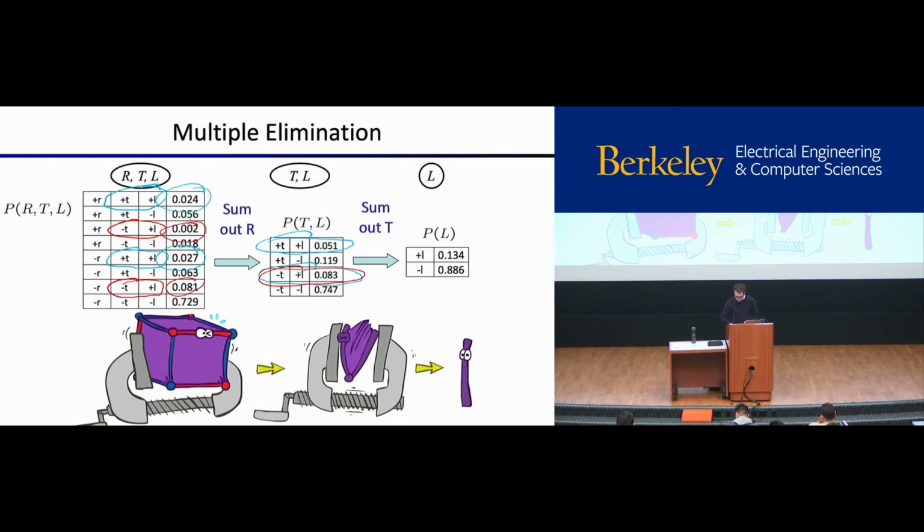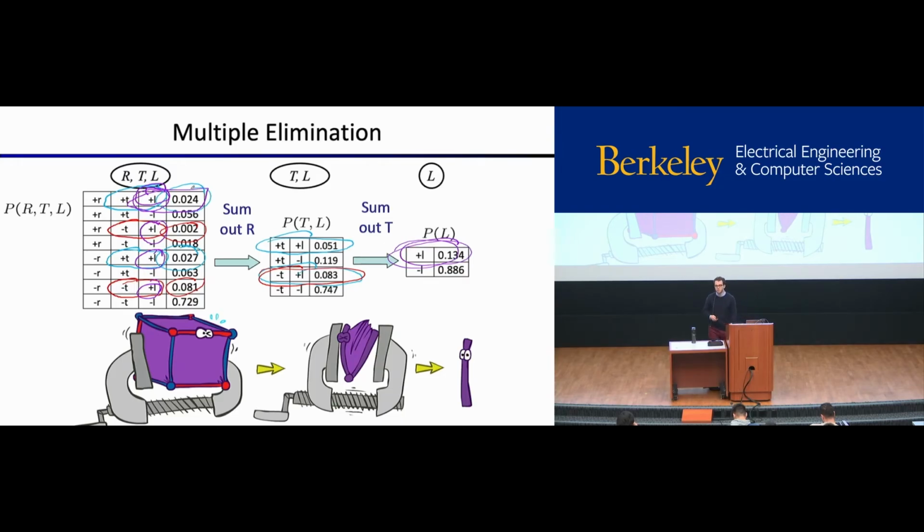So if you wanted to go in 2 steps, let's say you want to just compute, I'll do it in purple, okay? Let's say you want to compute this term right here. Which terms would you have to look at in this table in order to get that? You would have to look at all the ones with the plus L on them. So that's this one, and this one, and this one, and this one. And lo and behold, those are all the ones that we looked at. So yeah, you can do 2 at once if you want.